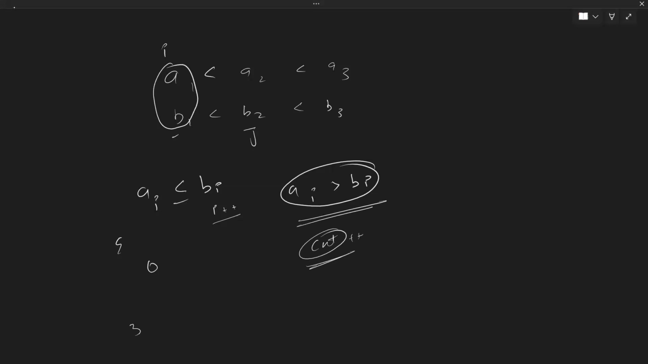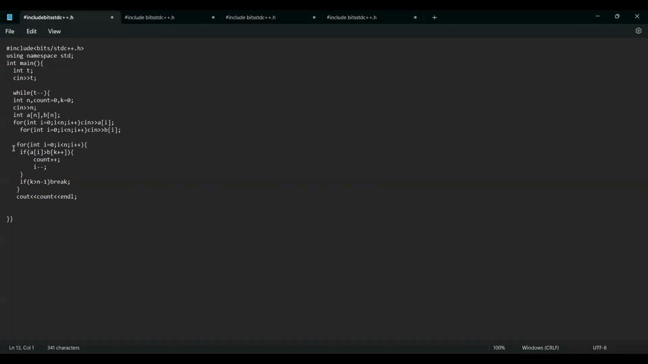Yes, sir. Okay. So let me show you the implementation once. So this is the implementation. In this, I have this count. Instead of j, I have a k. Other than that, everything else is similar. I have two loops. I'm taking A and B as input. Then